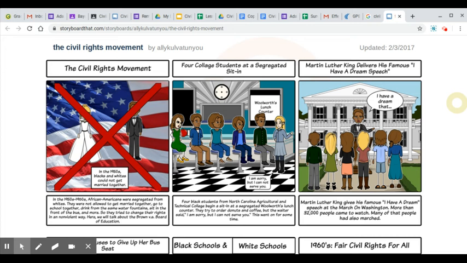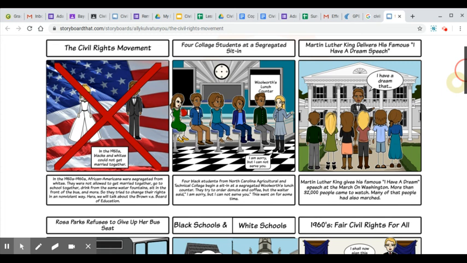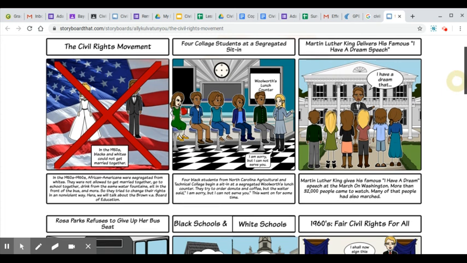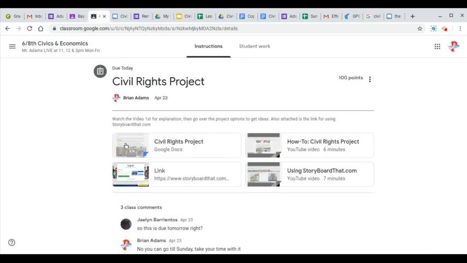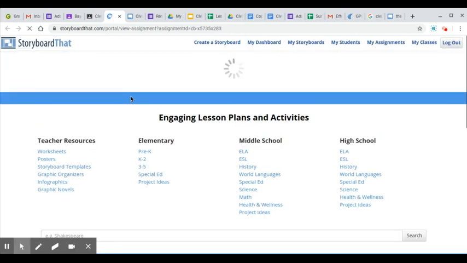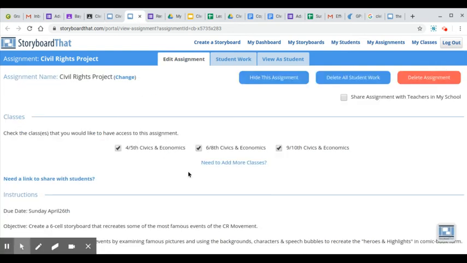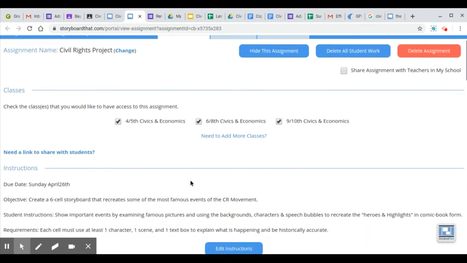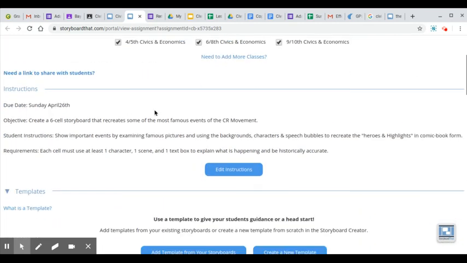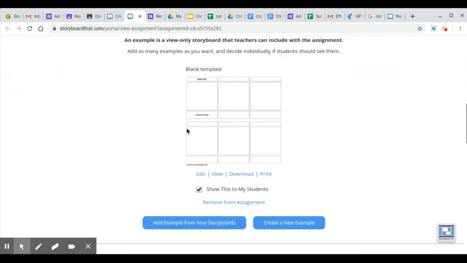But to give you some guidance as far as what is a great example, some of the ones you see on the screen right now are great examples. I was under the impression that when you open up the actual link on my assignment, it would take you to the blank one that I set up. But please, you have to let me know if this is not the case. You should have been seeing this instruction where it breaks down what you need to be doing, and then also get access to this template. Now, if that's not the case, then I'll fix things.